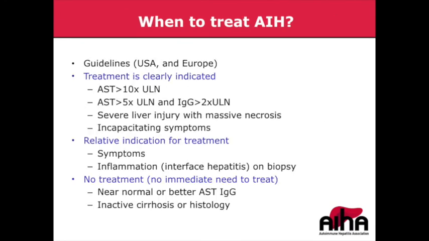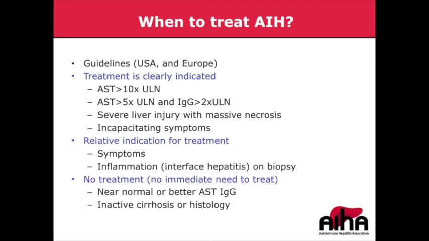When do we treat autoimmune hepatitis? There are some guidelines. There are some USA and there are some European guidelines, both published in the last 7 years or so. They really speak to very similar criteria. And the criteria are when it's bad, treat. That's really what it boils down to. But what I'll show you here, let me see if...